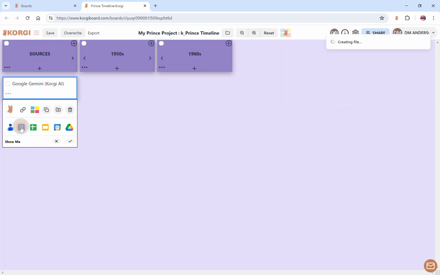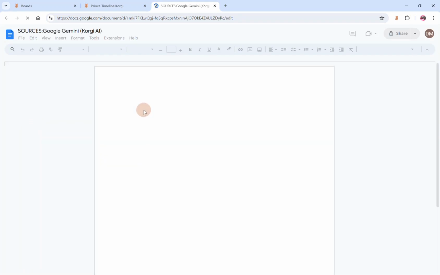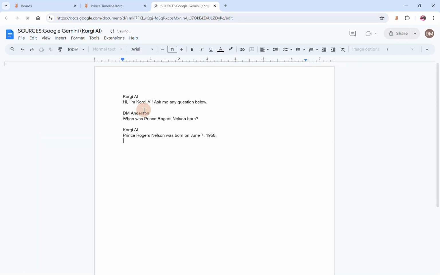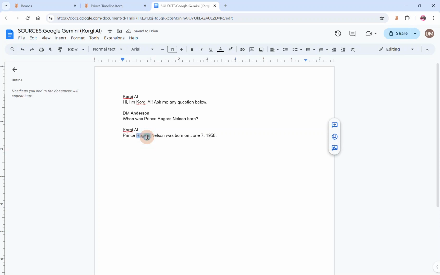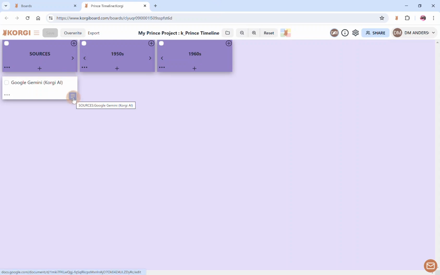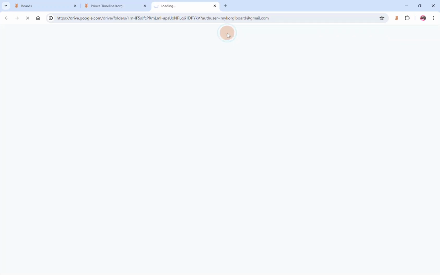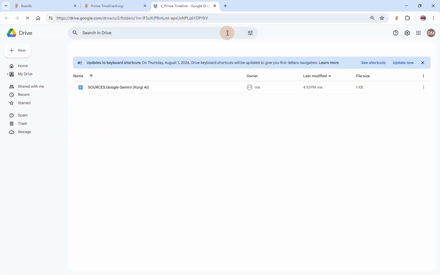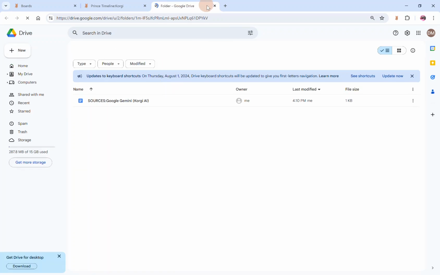I'm going to create a Google document, a Google Doc, right from the board. It's going to create that for me. I can just paste in, and that's going to become my document. I can close this anytime because Google has already created a link to the card for me, and of course this is Corgi, so it's been folded for me as well.